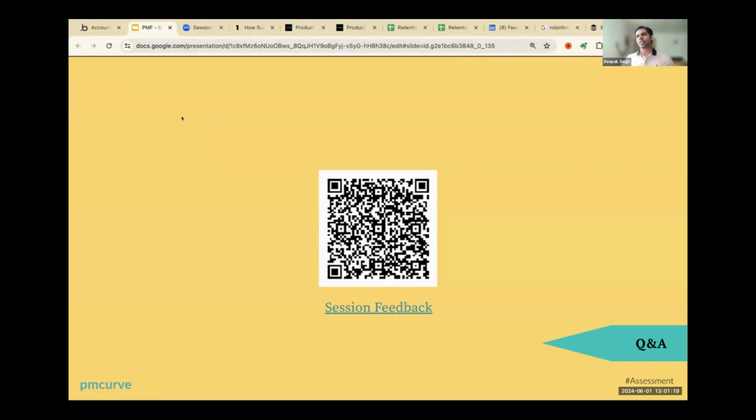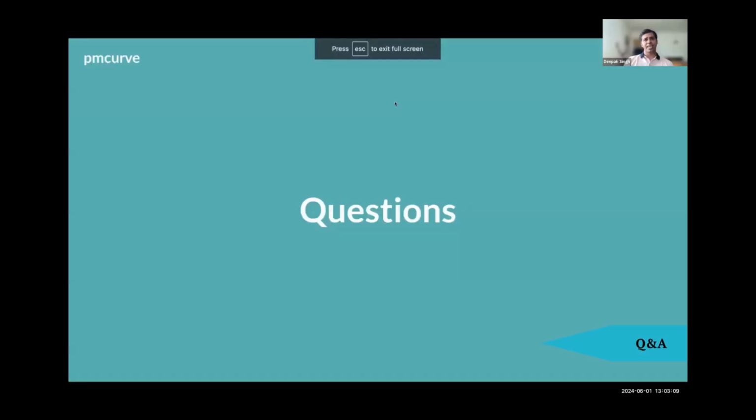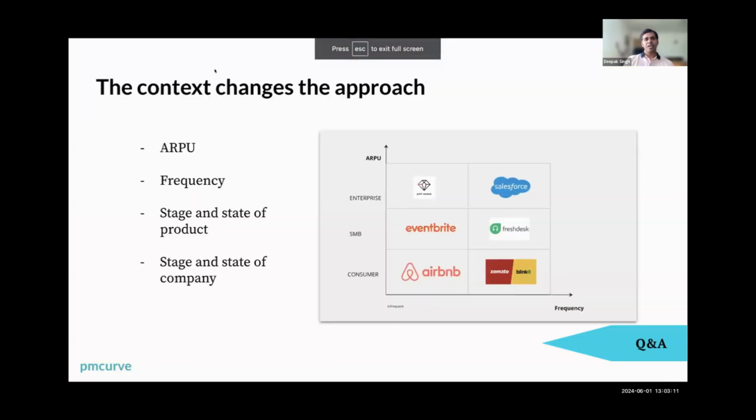Prithvi has this interesting question which ties to this thing, which is, how do you validate riskiest hypothesis for enterprise products? So Prithvi, I think the riskiest hypothesis can be validated by sitting into the client calls. If you're a PM who is building or a founder who is building that, sit in the client calls, sit in the account management calls, which is like existing customers versus potential customers calls, and try to create some sort of interview script, which can take 5 to 10 minutes, and try to have that at the end of the call, or try to ask for some time and do that.